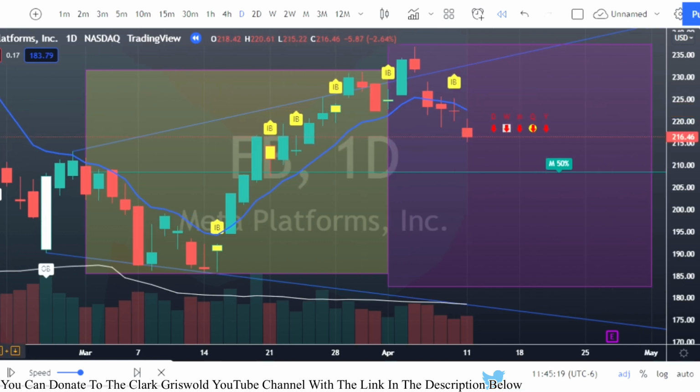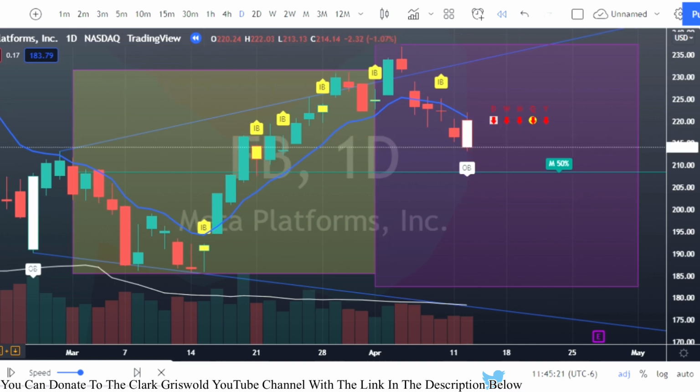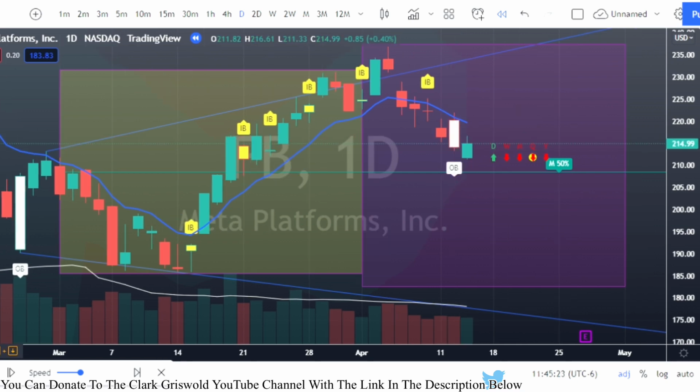As we sift through here, and what we want to look for, guys, I just paused it again. What we want to look for is an actionable signal for us to enter on this 50% marker, okay? That's what we're looking for. And there is one, and we're going to find it. I'll show it to you guys.